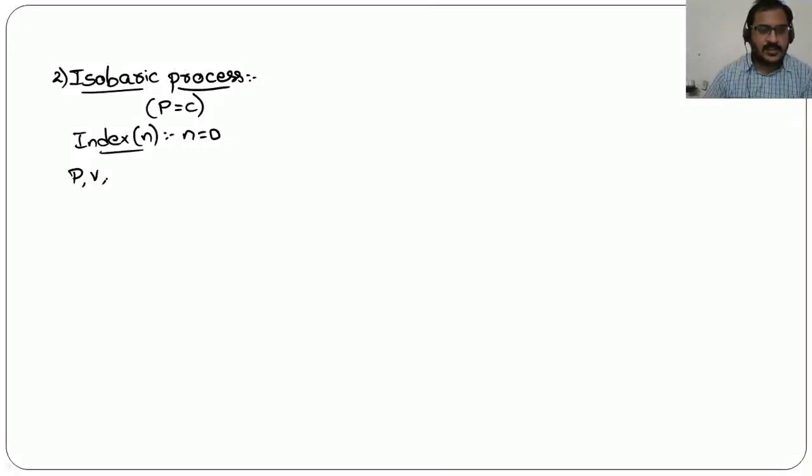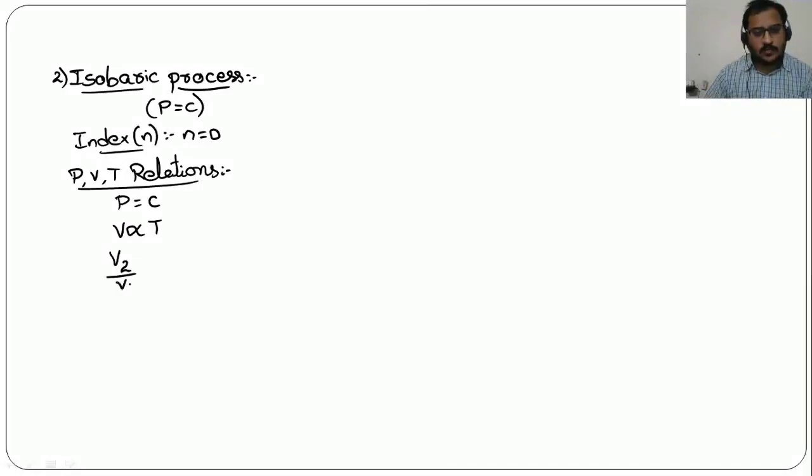Coming to the PVT relations, when pressure is kept constant, volume is directly proportional to temperature. So V2 by V1 is equal to T2 by T1. This is the expression that you need to remember. Coming to the PV diagram,